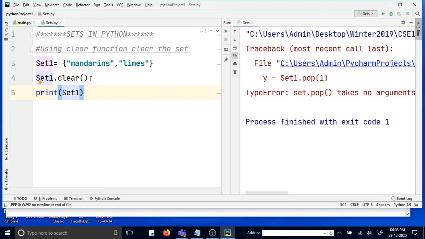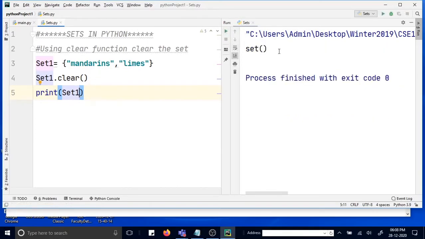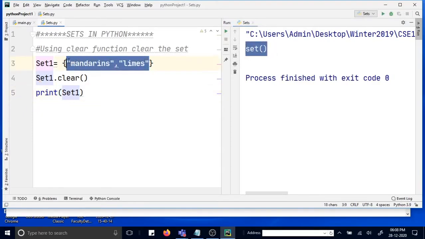But in the case of the clear function, if you clear it, the set will remain as it is. It will be an empty set. So basically the clear function empties the elements from the set. Okay, that is the difference between the clear function and the remove function.